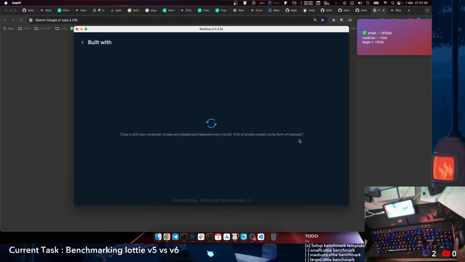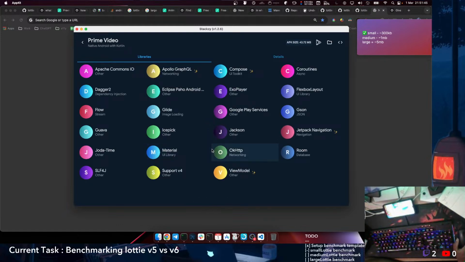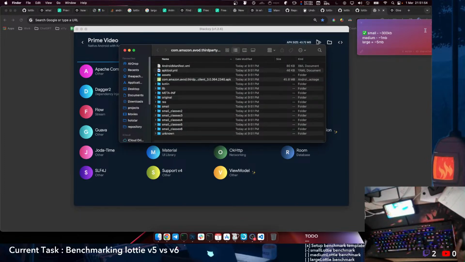We'll try for 10 more minutes. If we can't find a large Lottie file, we will go with only small and medium. We can end with that. For small, I think we can use the 2 KB one. Medium, I think we can go for 300, and then large, maybe we can go for 800 or something like that. Like the largest we have at that time. But 10 more minutes. That's it. We will close this at